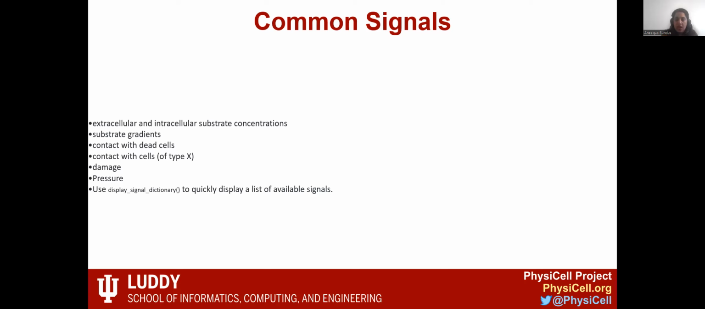Then if there is damage, what is the pressure? So if there are a lot of cells, cells are fully packed and there's a lot of pressure on each cell, what should be the behavior of the cell in that situation? So these are some common signals. If you want to see the dictionary, you can call the display signal dictionary function to quickly see what signals